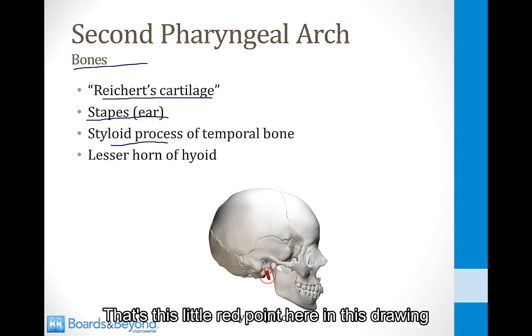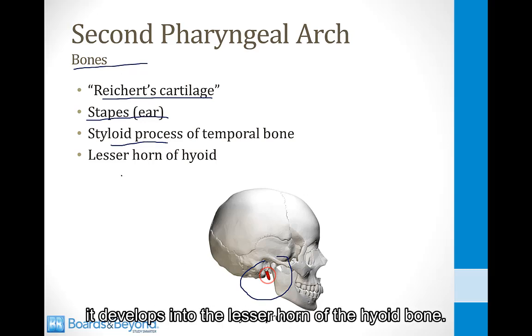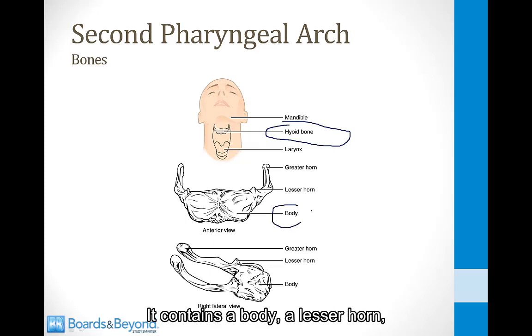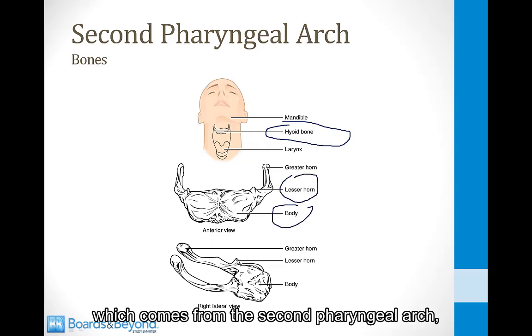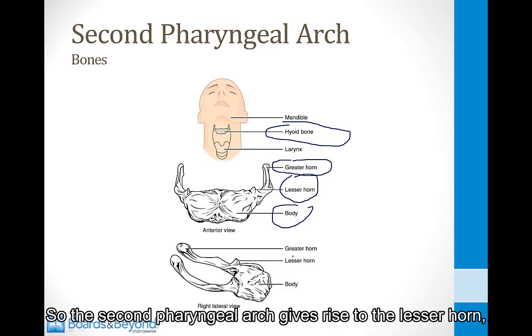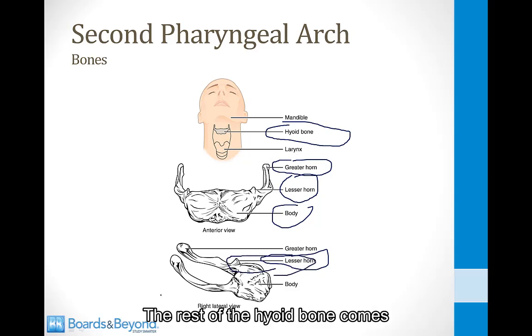That's this little red point here in this drawing that sticks off the temporal bone. And then finally, it develops into the lesser horn of the hyoid bone. Your hyoid bone is found in your neck, as shown in this picture here. It contains a body, a lesser horn, which comes from the second pharyngeal arch, and also a greater horn. So the second pharyngeal arch gives rise to the lesser horn and also a little bit of the upper portion of the body. The rest of the hyoid bone comes from the third pharyngeal arch, which we'll talk about in